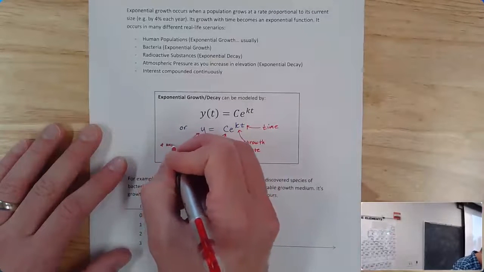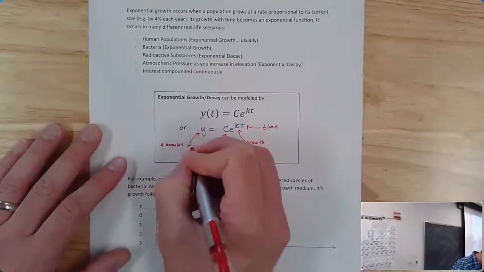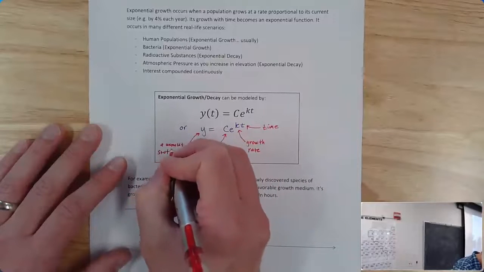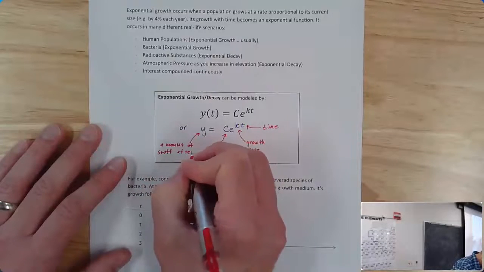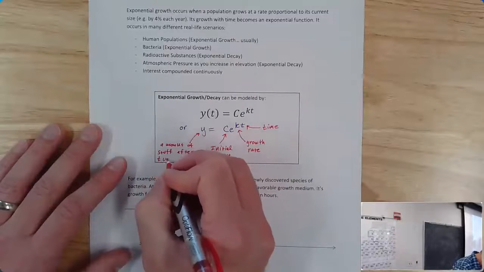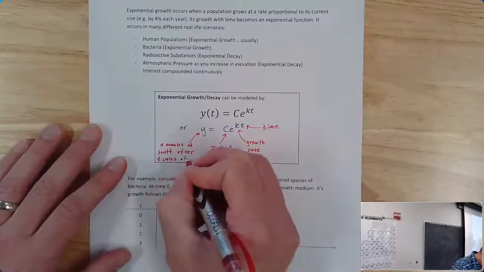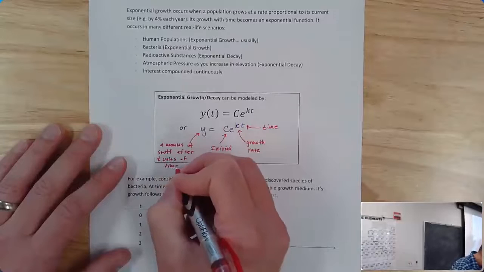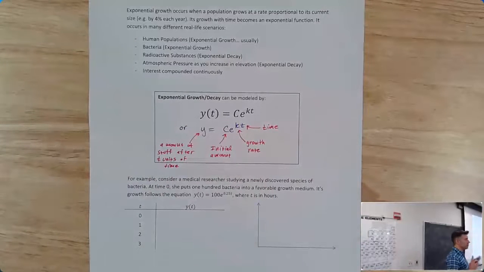So amount of stuff after T units of time. I say T units of time instead of T years because now that we're moving on to a more general model here, the time units can be measured in whatever you want. So you can do seconds, minutes, hours, weeks, months, days, whatever you're being told. So if someone says we're measuring this in months, then you're going to use months. I should also point out,